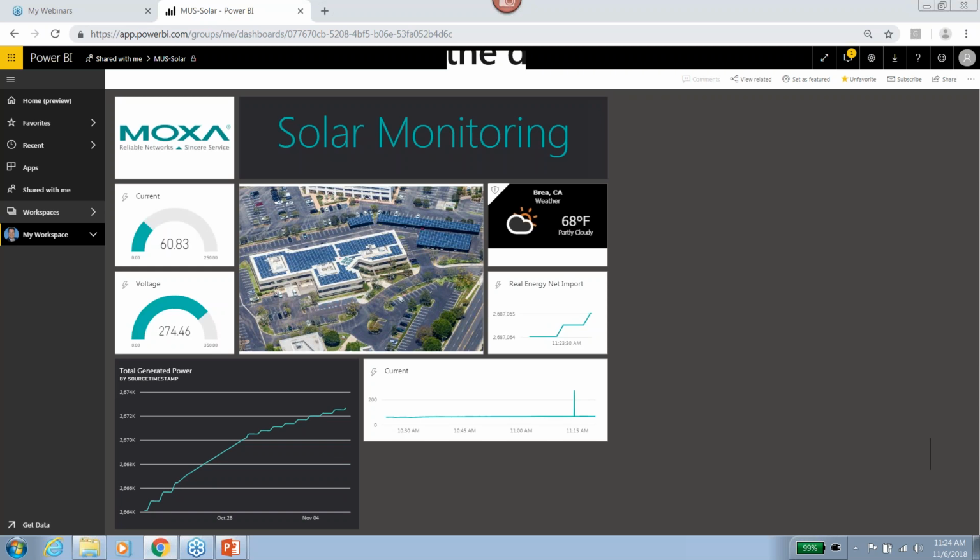I want to also show you another key chart there on the bottom. You can see several weeks of total generated power. What this is showing you is the flat lines are at nighttime when we're not generating power, and the constantly increasing lines are points during that curve in which we were generating power during the day. And so we can keep track over time of how much power is being generated, but we can also keep real-time statistics on the performance of this solar monitoring system. So it's just a great way to show real data from a real-world application and how the cloud and dashboards can generate visualization and analytics for you.